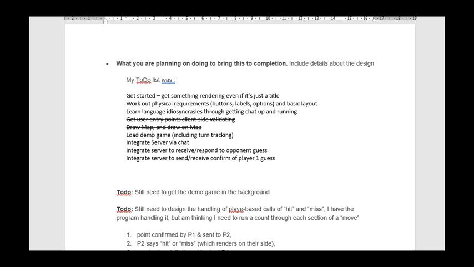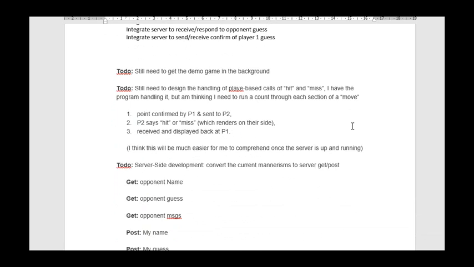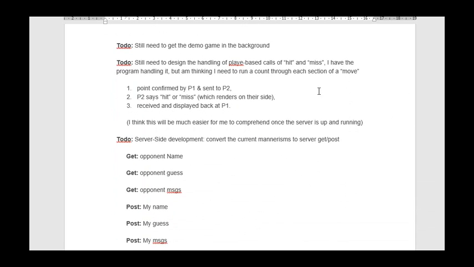Alright, in order to work out how I'm going to finish off the project, it's important to work out where I'm up to. So I got stuff to work, or got stuff to show up on the screen, and then started to work out some of the functionality and the language. So I've got a bit more of a handle on that. So my next step, as mentioned before, is to get that demo game rendering in the background. And that's going to include designing the